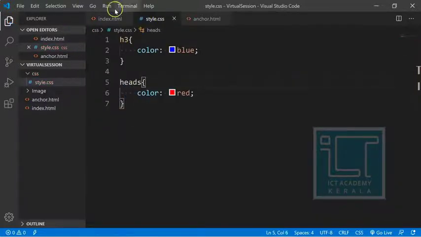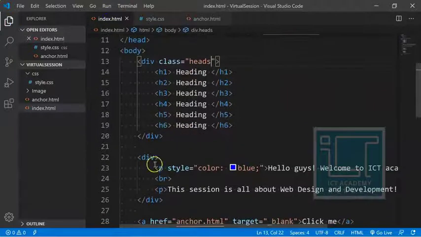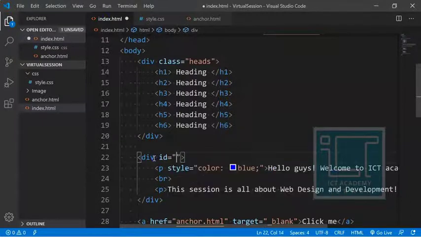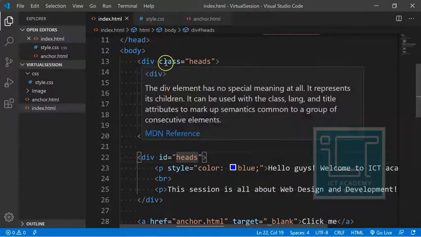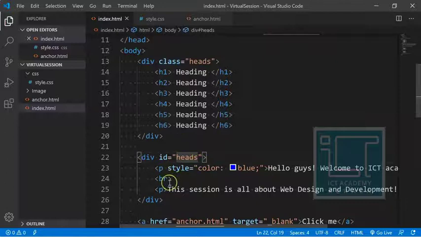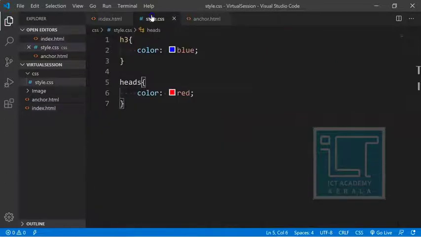Okay, so now if I give this div an ID, also heads, the system may be in confusion. Suppose I have given this group a class with the name heads and this group an ID as heads. But what happens is